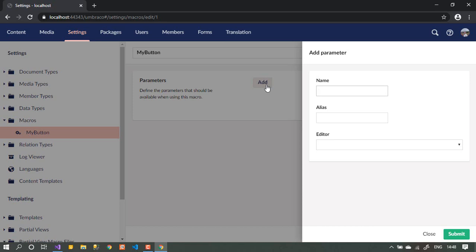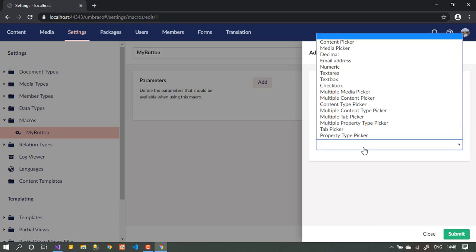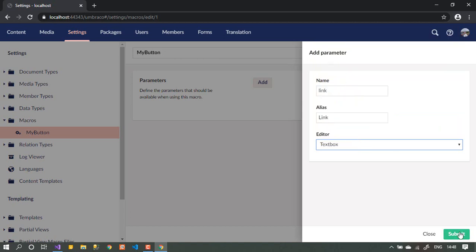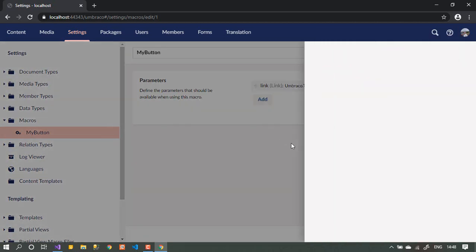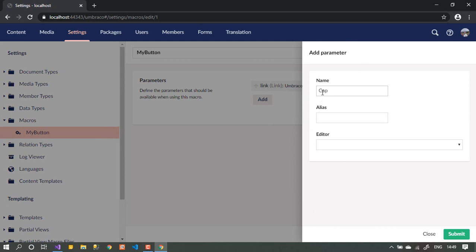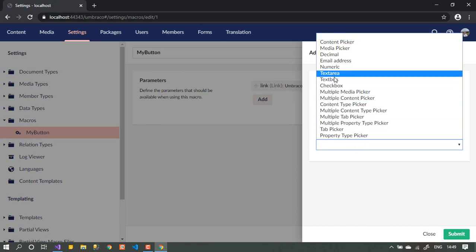I want to add a link, so the button with link. So I will have link. Let's call it link. I will leave it simple. I will leave just text box, nothing more than that. And the second thing, I can add the caption. Same will be caption here. Same, I will choose text box,